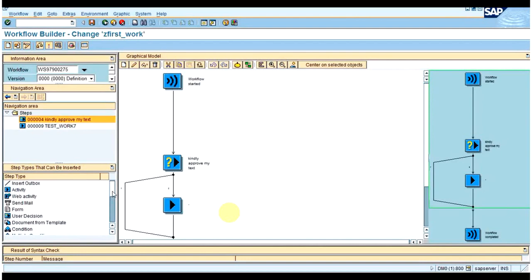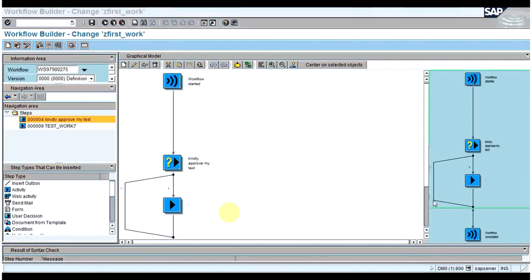Once you click on this user decision step, one task ID is there. You can see TS00008267. So this is the standard task ID which is provided by the SAP. When you double click on this task and go to the description tab, you can see here